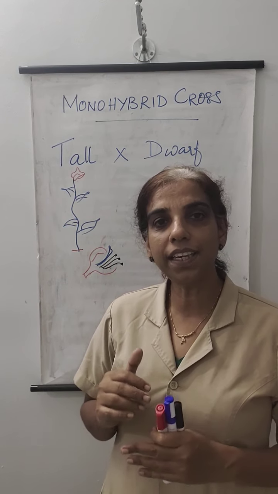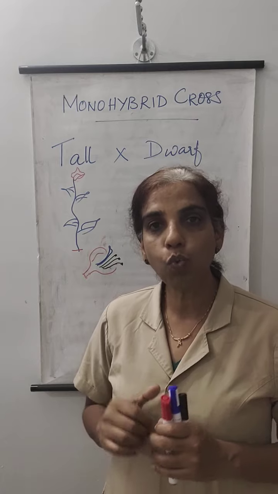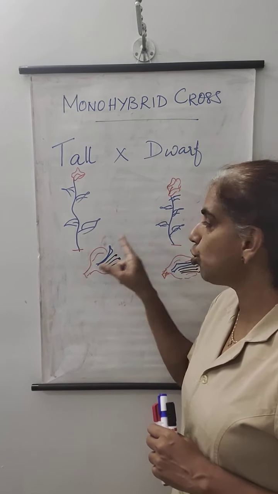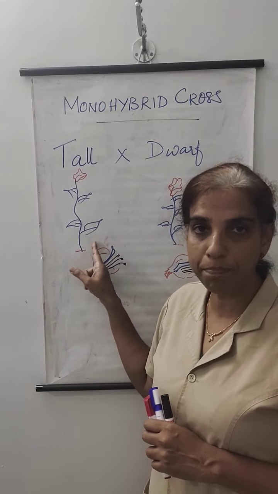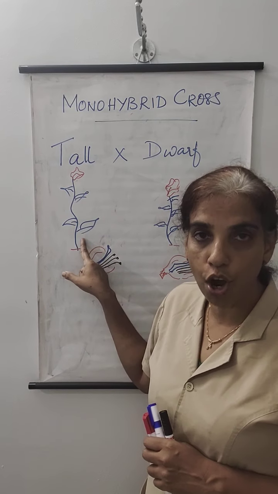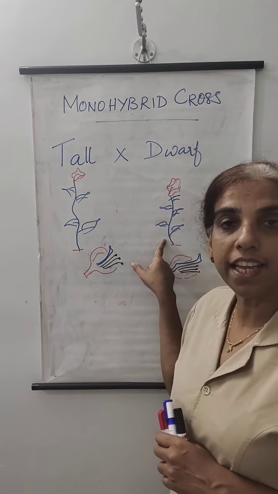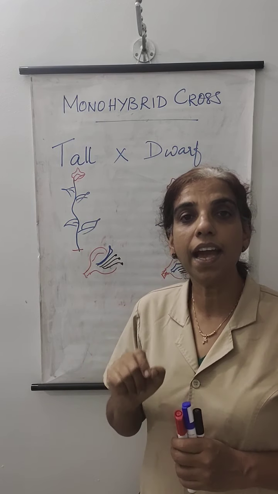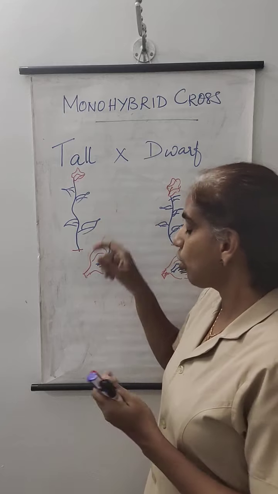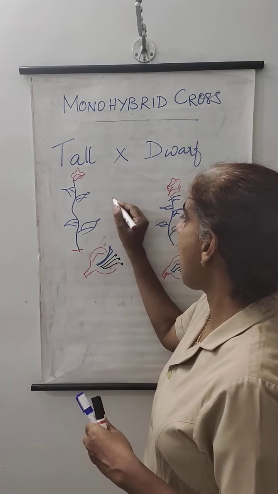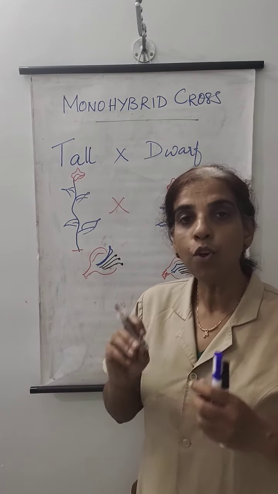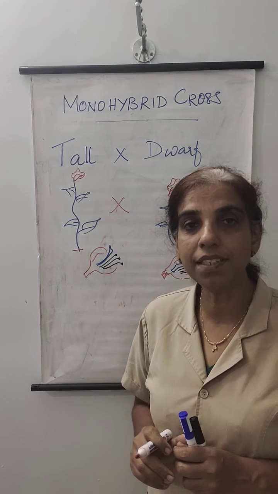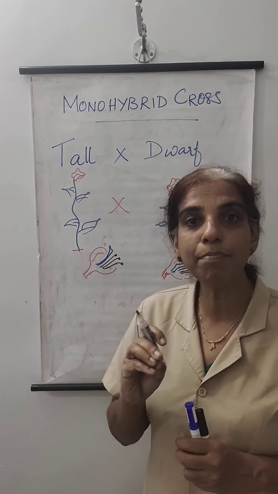The character he had chosen was the height of the plant. You can see two pea plants here. One is a tall plant, the other is a short plant. The experiment he conducted was crossing the tall and dwarf plant. When you cross the tall and dwarf plant, it is the same as